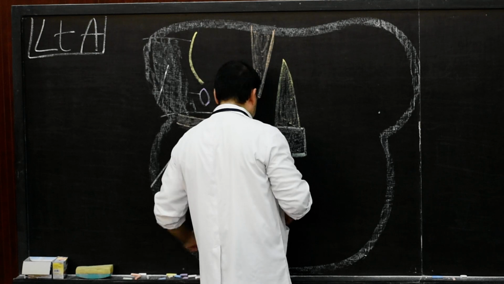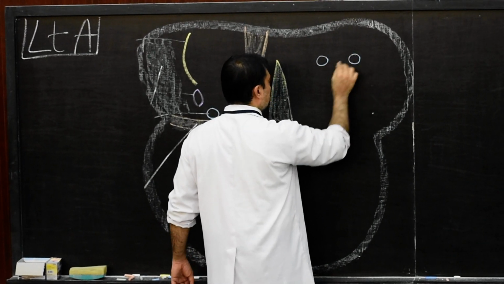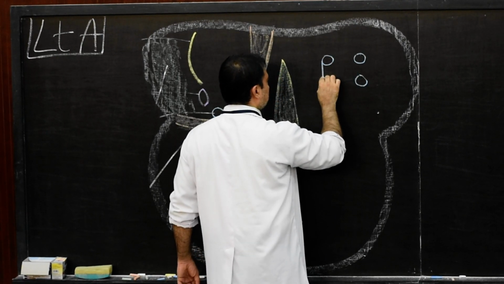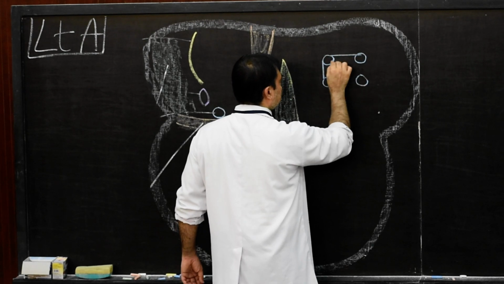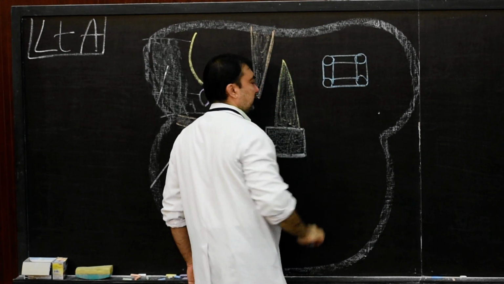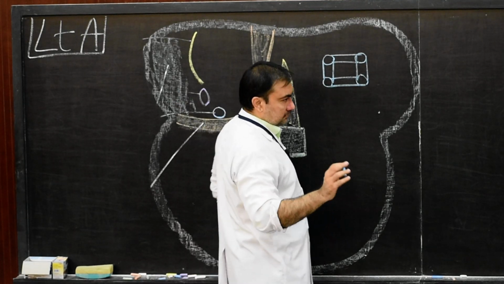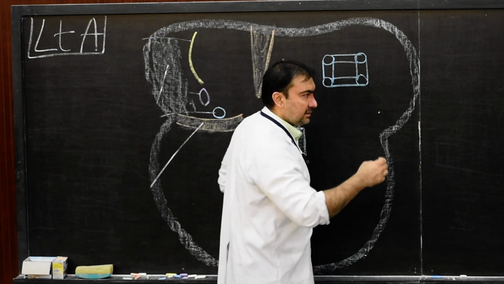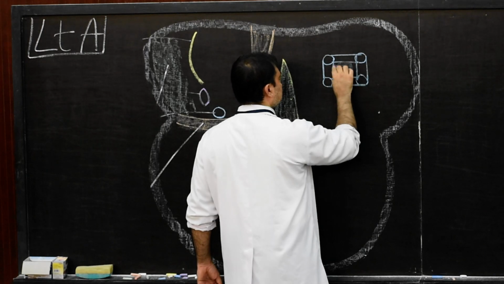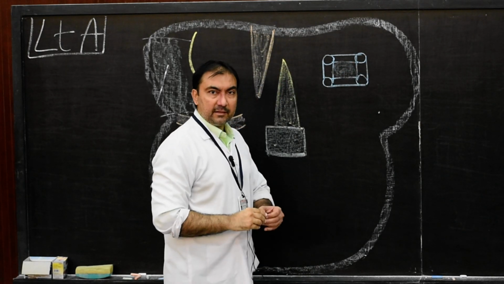So we are going to make simply in the center 1, 2, 3 and 4 openings of the pulmonary veins, and we are going to connect these 4 openings to show that these 4 pulmonary veins are opening in the dorsal wall of the left atrium, and we are going to give some color inside, and this is how we show the left atrium.